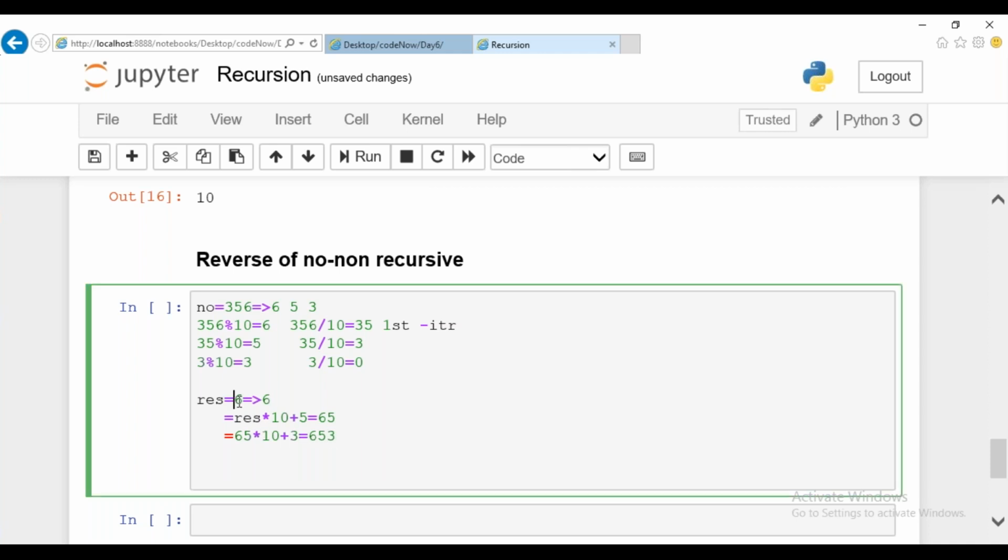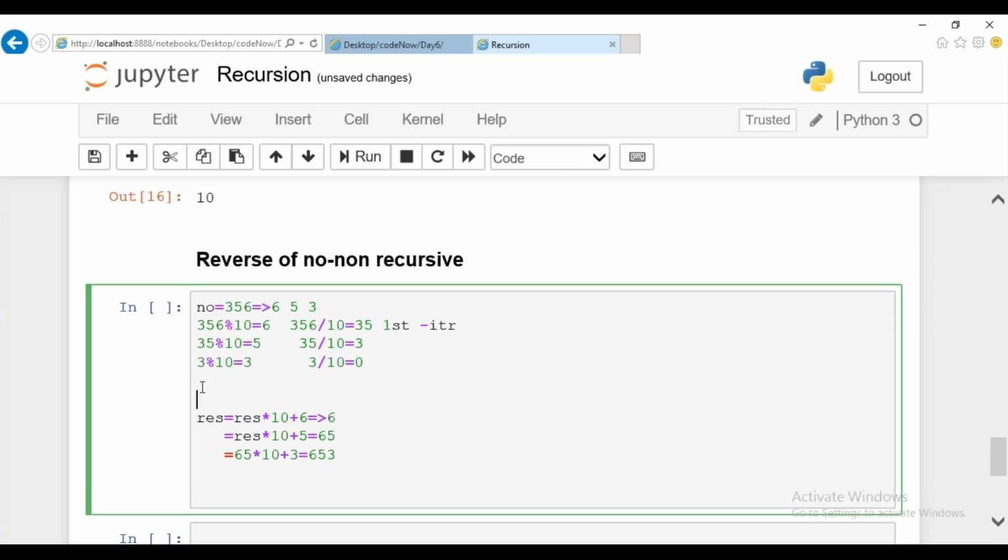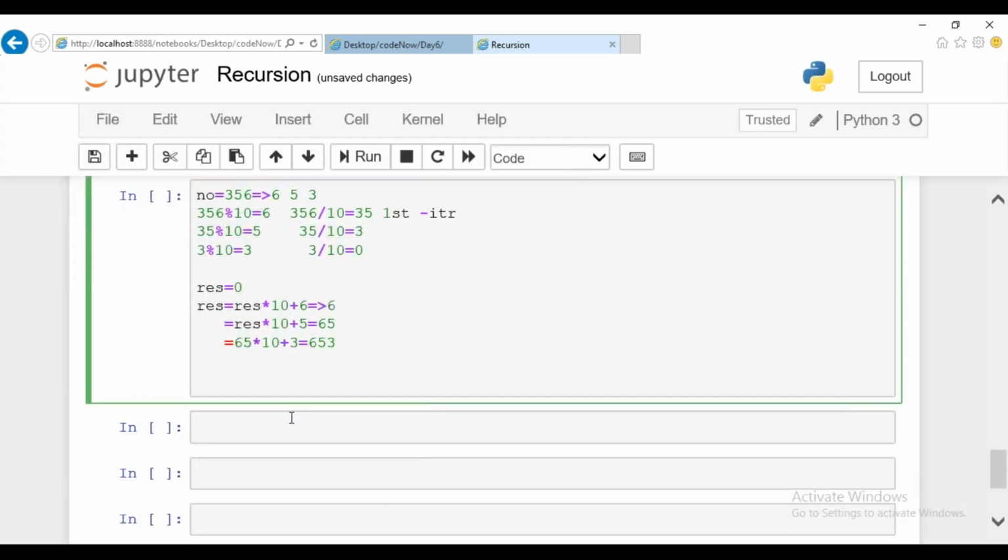Clear? So initially you can assume that your result is 0. So result into 10, that is the first step. So you can make your initial value of result 0, which makes your operation perfect. Is that clear? The same process consecutively, you're going to divide and you're going to do modulo of it. Instead of adding it, we are going to multiply the value along with the result. Previously, we added directly. Instead of it, we are going to multiply it. This is a variation, guys. So now we'll go ahead with the logic.